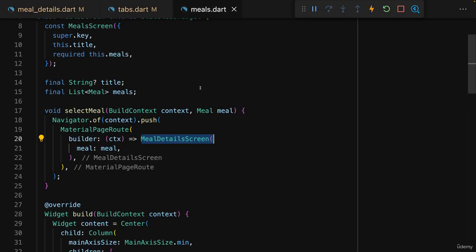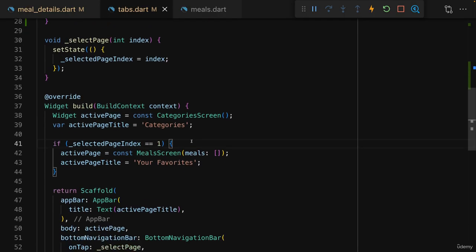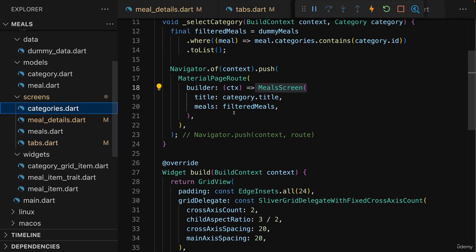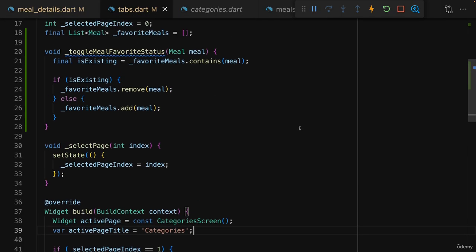the meals screen, we first have to pass this function from the tabs screen to the meals screen. And later, as a second step, also through the categories screen to the meals screen, because that's another place where the meals screen is used. And of course, passing a pointer to a function through multiple layers of widgets like this is a bit annoying, but that's why we're going to learn about an alternative approach in the next course section. Nonetheless, this is an important pattern, which you will also see and use a lot, and therefore we're going to